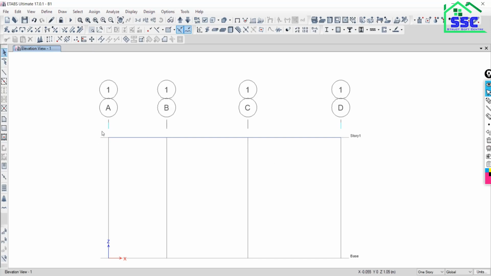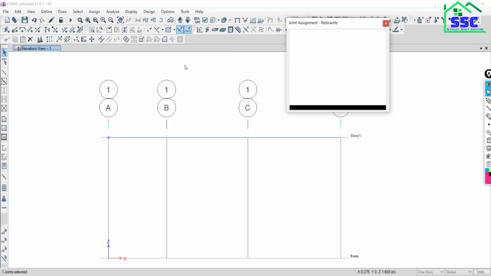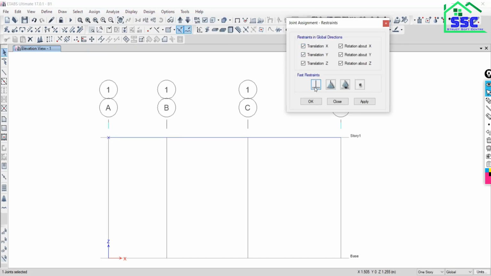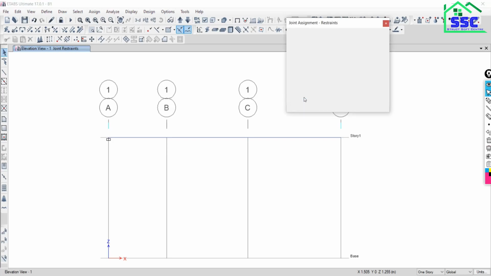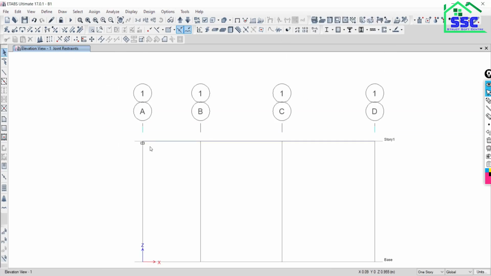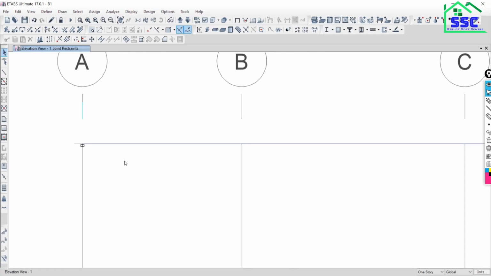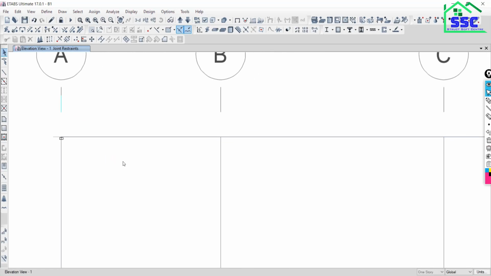Go to assign the support at the joint. Select the joint, go to Assign, Joint Restraint. It should be fixed. Apply. As you can see here, the support has been assigned to the joint.